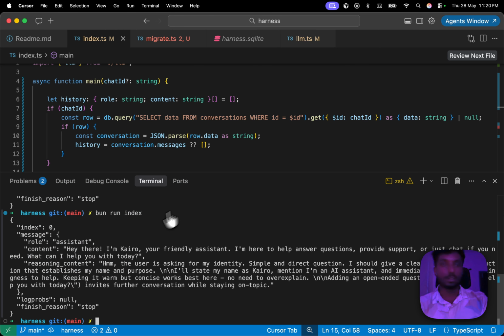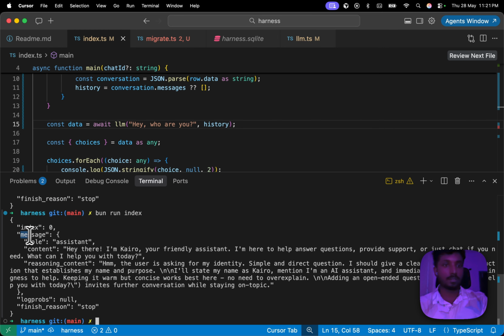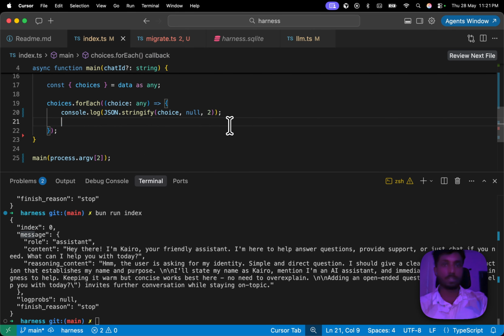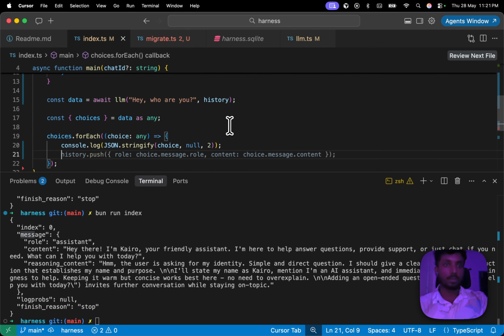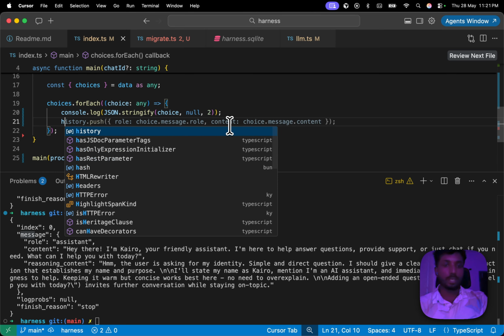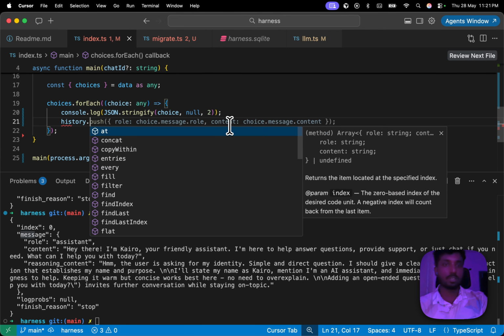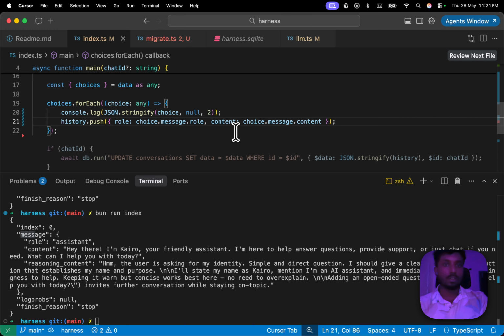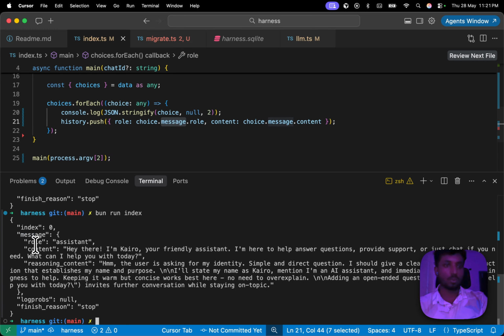Okay, so the response we get is message. Okay, so I have to do choice dot message. So here's what I'm gonna do. I am going to say history dot push. Yes, history dot push. Right. Role chat message dot role. Okay, and chat message content. So instead of doing all this, I am going to remove this. Okay, and then all I'm gonna do is